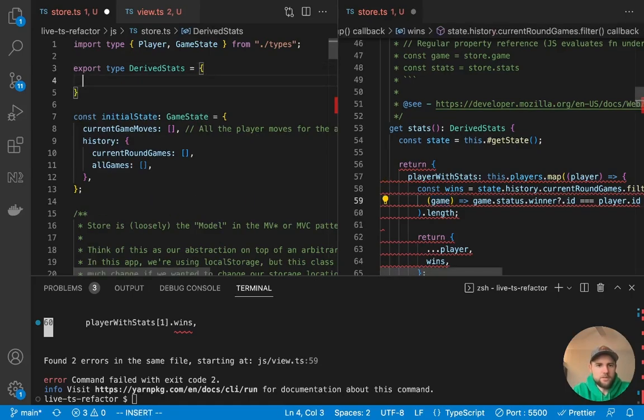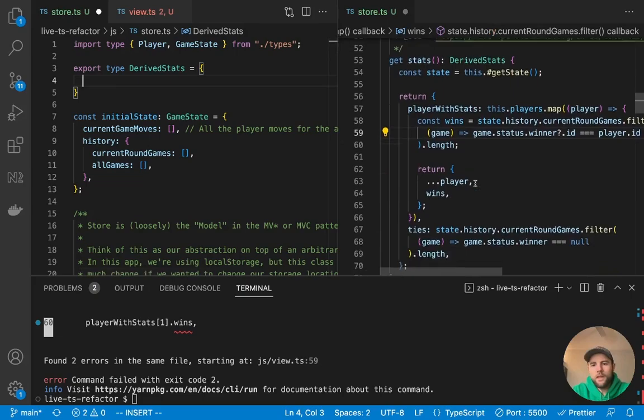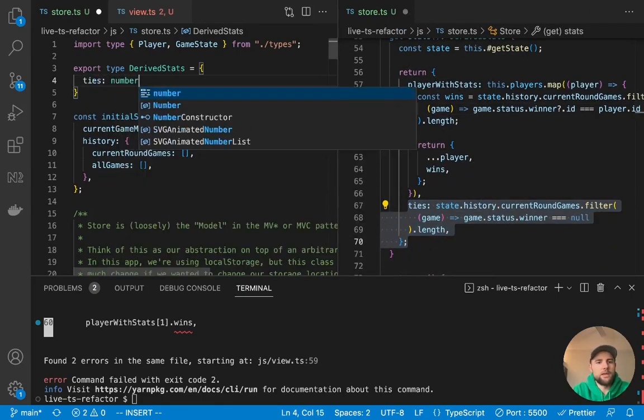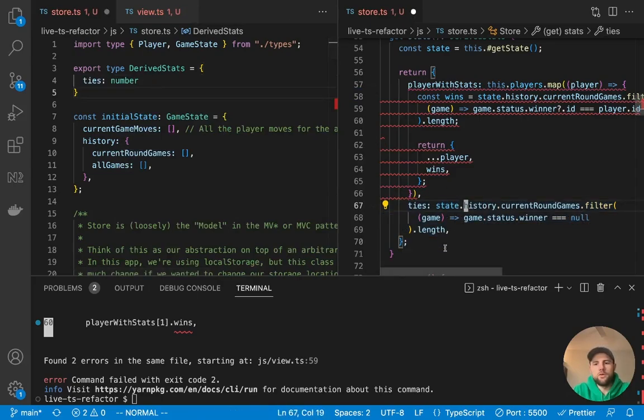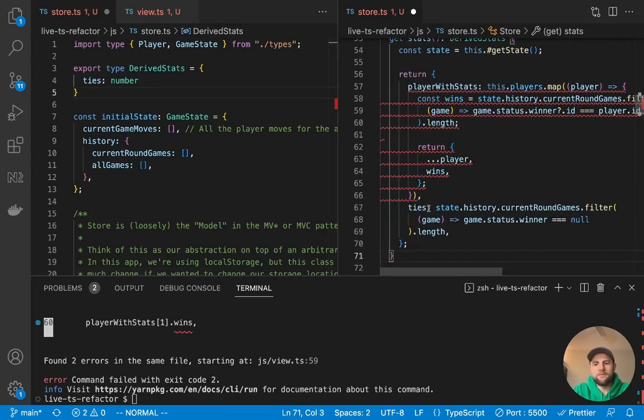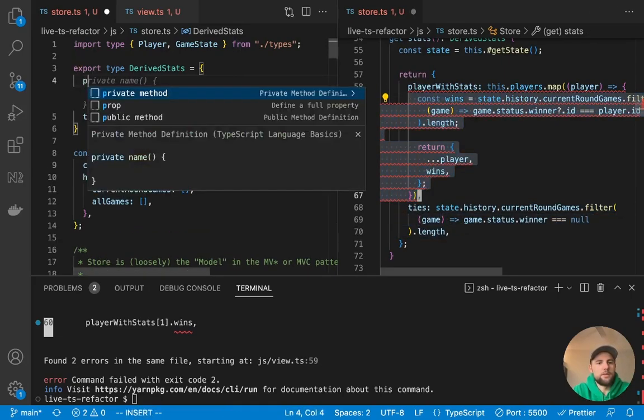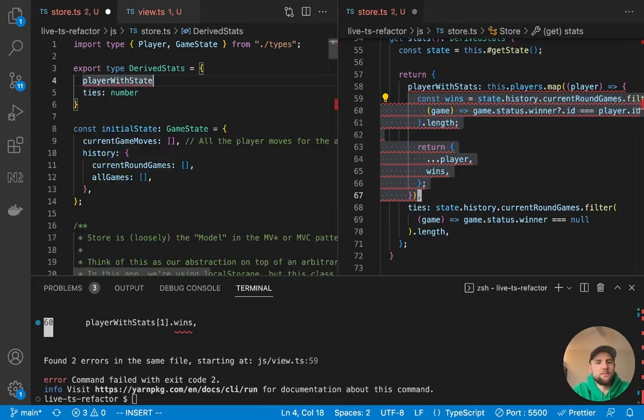So now our job is to define this, and we can see that ties is an easy one. That's going to be a number. So you can see that immediately we get this feedback where this looks okay, but player with stats does not. So we can come up and say player with stats, and you could just say any.